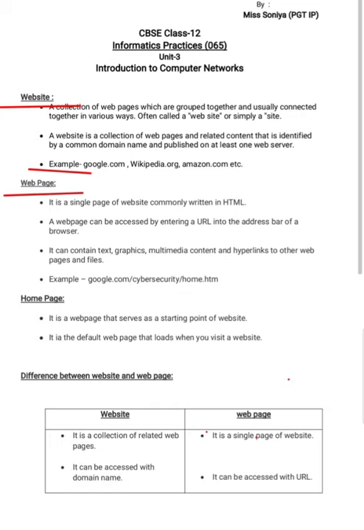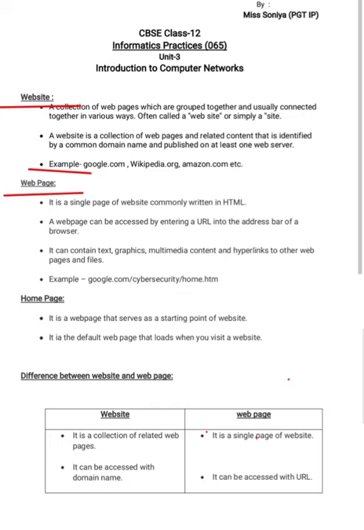It will go to the server google.com, then the website cybersecurity, then its page home.html. That home.html is the web page which we are going to open here. A web page can contain several types of data like text, graphical or multimedia content, or hyperlinks also. So this is all about a web page.